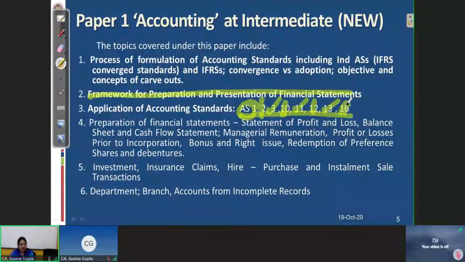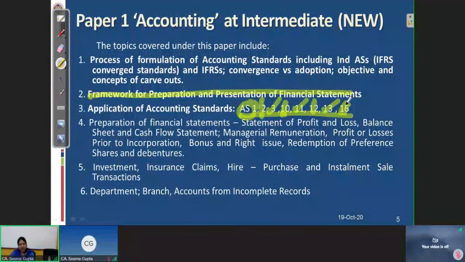So this way we can divide our 8 accounting standards in a 50-50 ratio, so that 50% we have to study under the accounting standards chapter, and the rest 50% we can study while undergoing the particular chapter. Or we can reverse the situation. How can we reverse our activity? We can first study the accounting standard from this particular chapter, and simultaneously refer to the chapter from the other module. Then we have a very important part, that is preparation of financial statements.